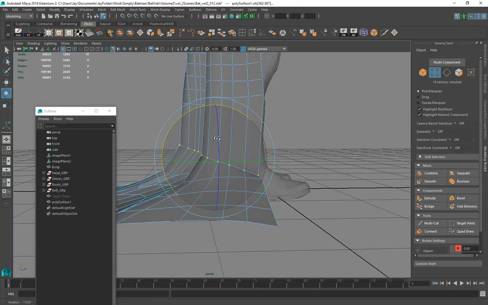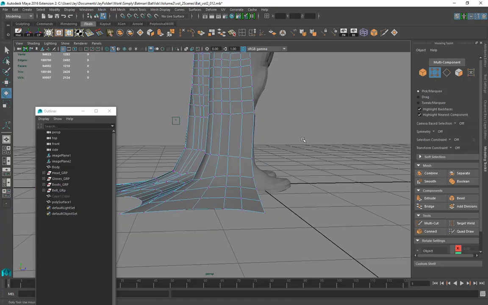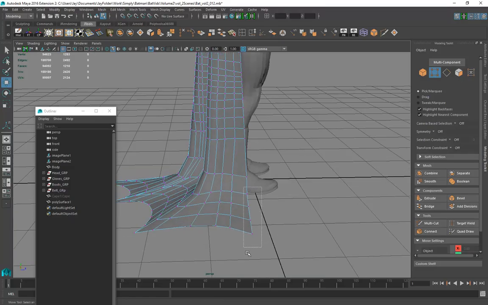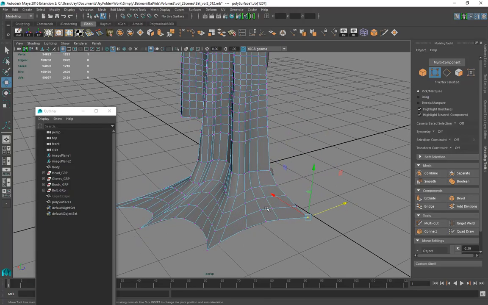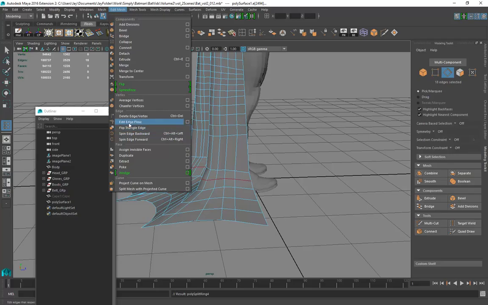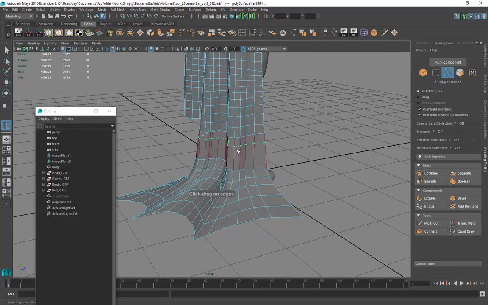Okay, so let's just rotate that, move that, just rotate that back just a little bit there. Okay, and what we'll do, actually, I'll bring that forward just to make it look a little bit more natural with the flow of that, and we'll just bring that forward as well, and so on. And there we go, so that's all good. So what we need to do now is add a couple more loops in here, and that's done there. So all I'm going to do now is just add extra divisions without the worrying of the actual edge flow now. So we do another one there and another one in there,